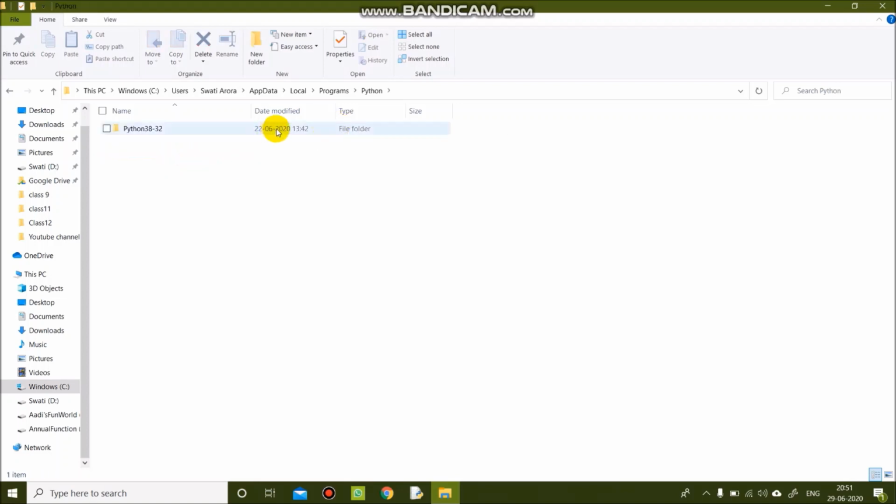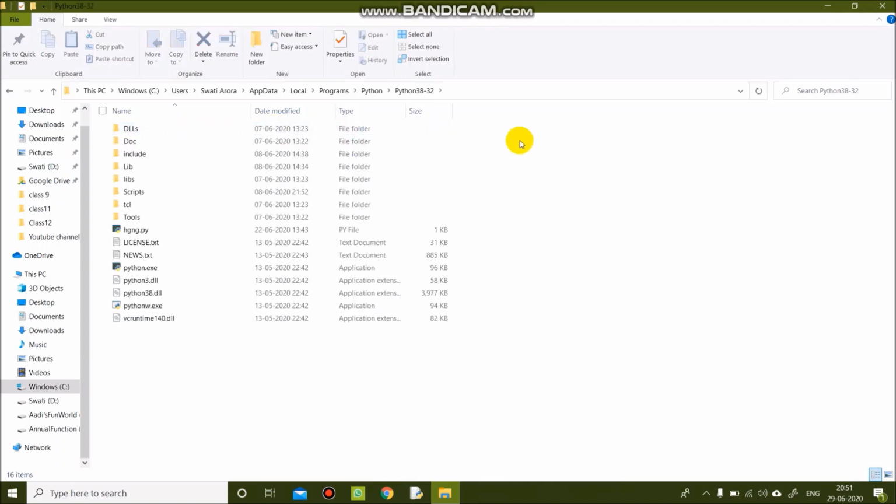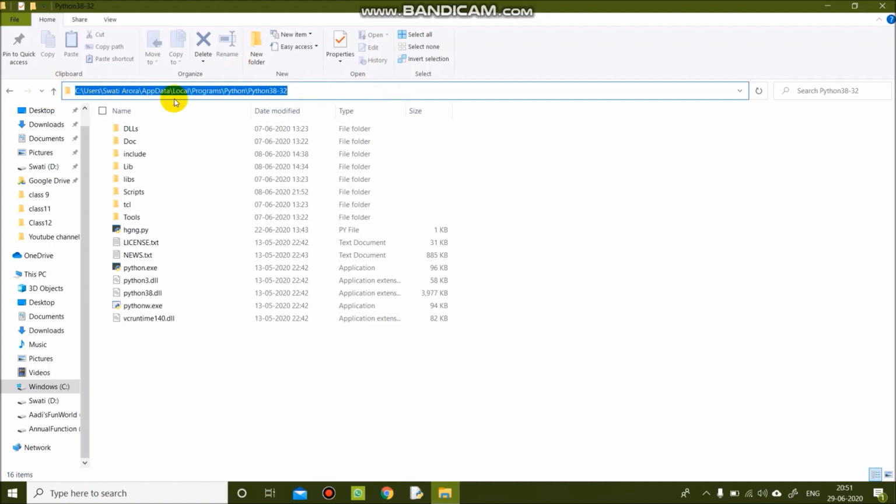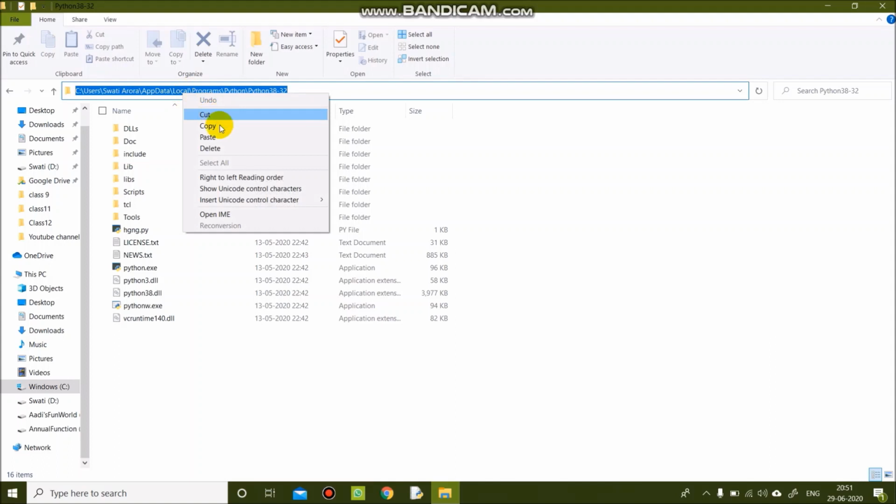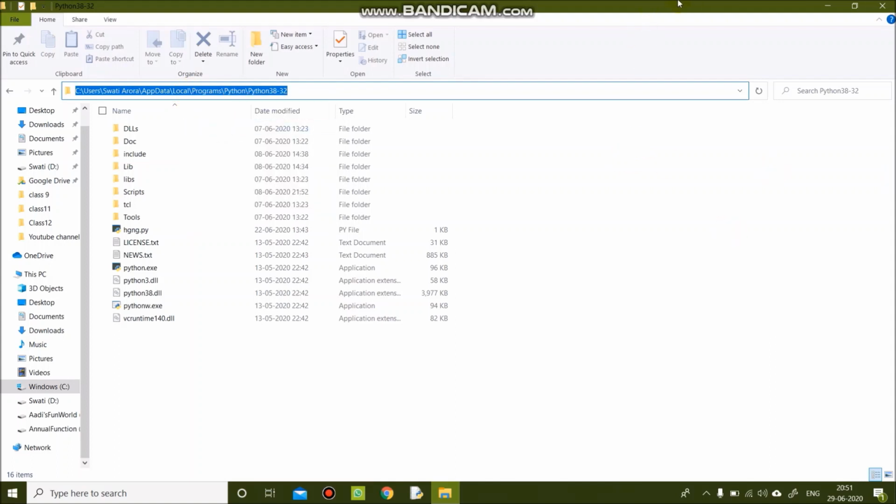Inside, it shows Python 3832. So Python is installed in this folder only. This is a bit long path, so I copy it like earlier to my clipboard, which would be beneficial for me later.